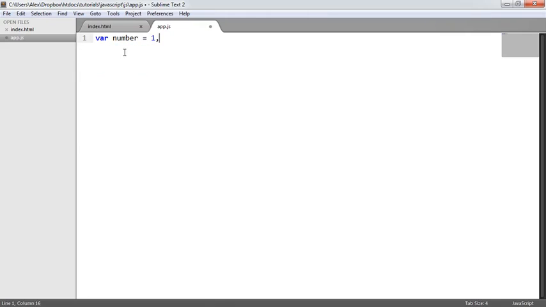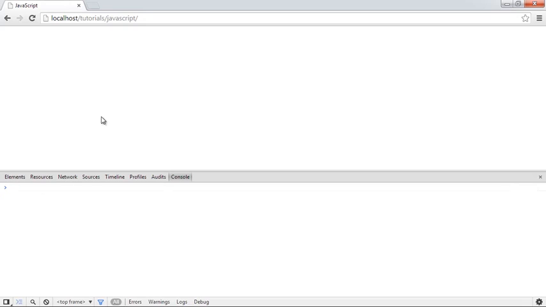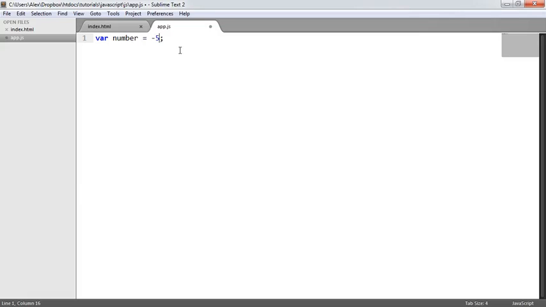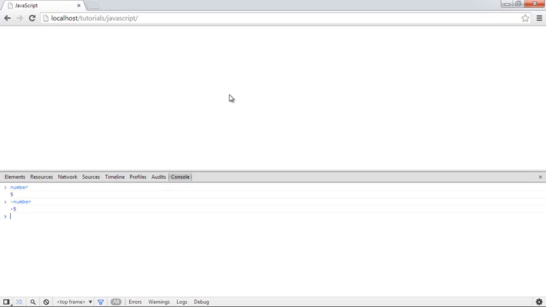What we can also do is, if we just have a bog standard number, so let's say we have 5, let's take a look at what we can do inside of the console here. If I was to say number, that's 5, but what about if I was to say minus number? Well, that gives us the negation, so we can do a negation. We can also do a plus as well. If we were to start off with a -5, for example, or let's just change this to -10, we can see here that if we were to say number, we get -10, and if we were to say plus number,